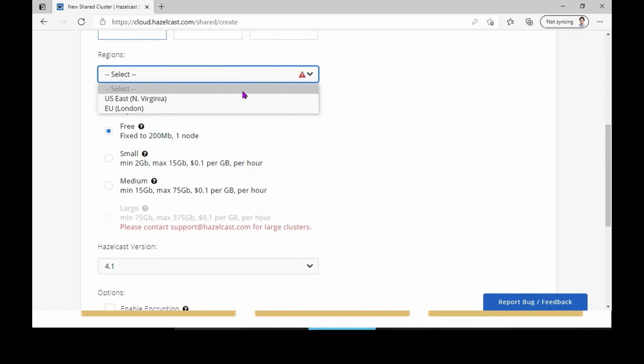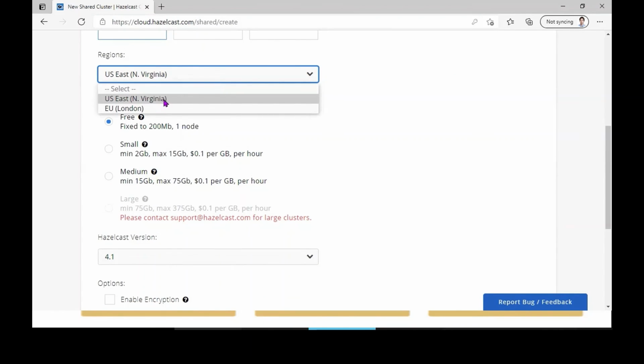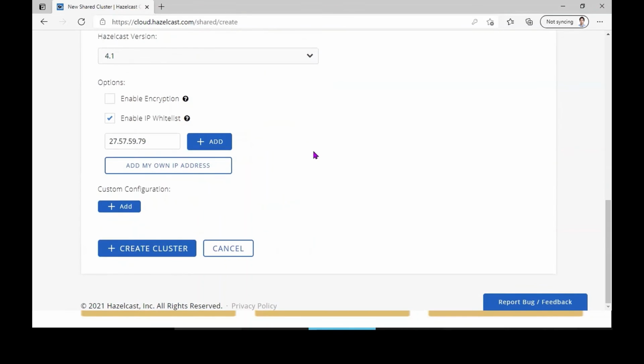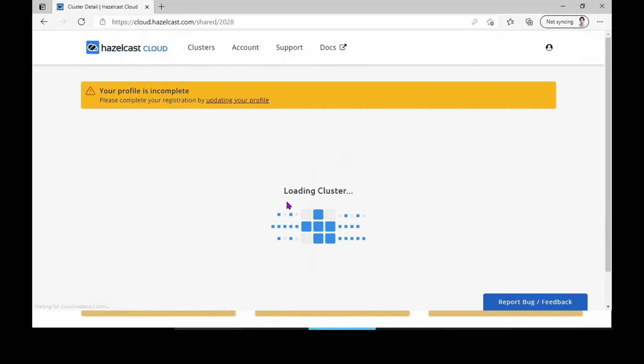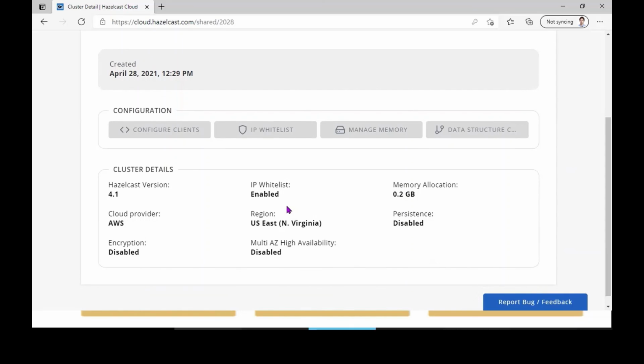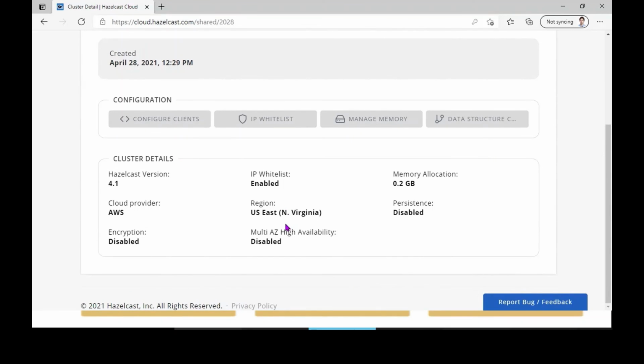So we have to choose an AWS region. Even here also they have only 2 regions available. As I told, it's a new service from them. IMDG is the original product, with which they became popular. So we have already enabled everything, and